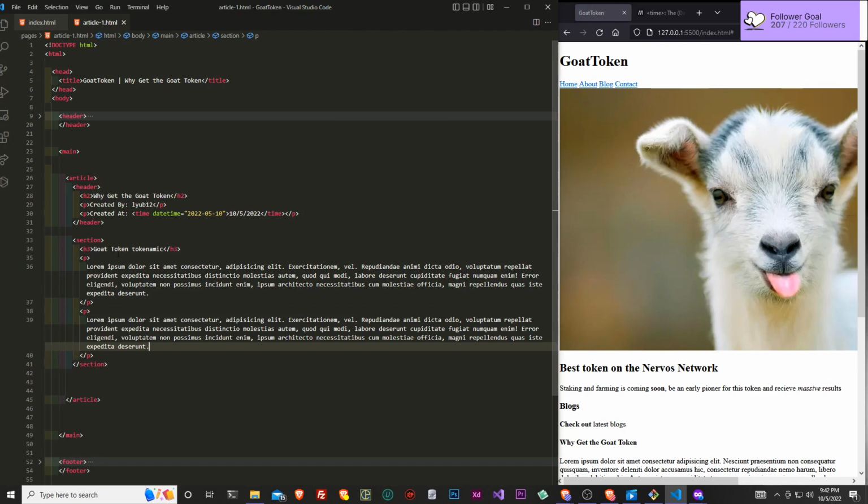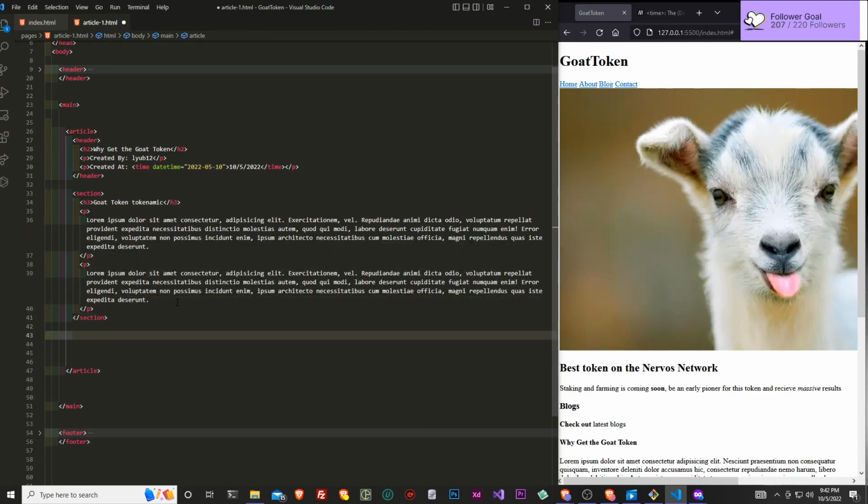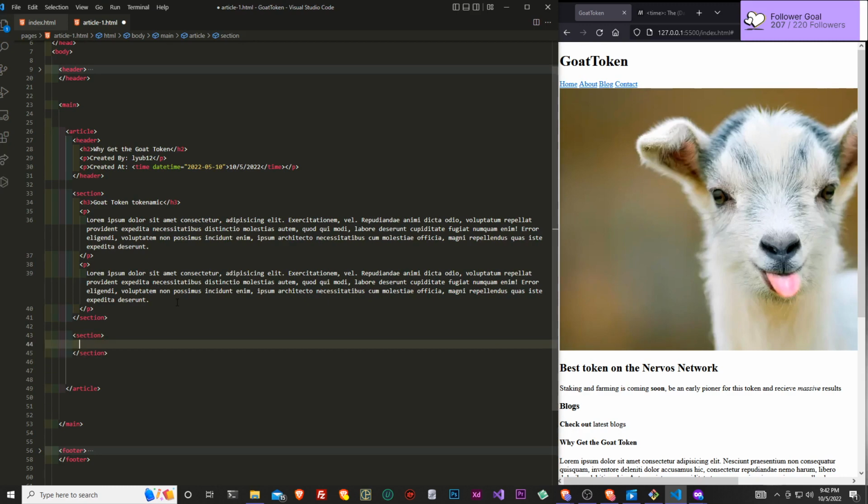And then let's give this another section. We're basically writing an essay, you know, in HTML. How about that? We're going to be using another section element. And for this, we're going to be giving another heading.